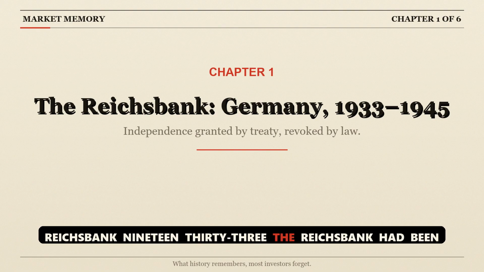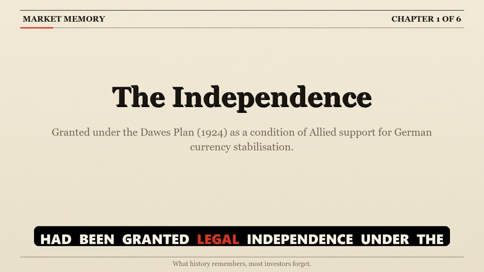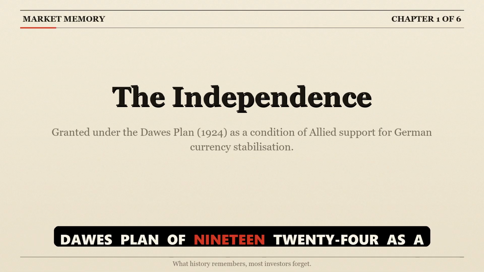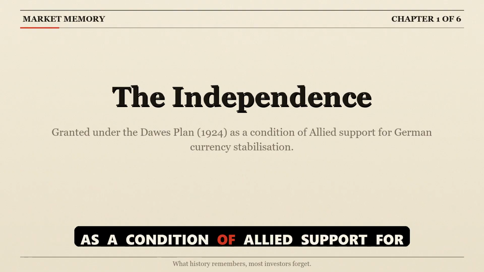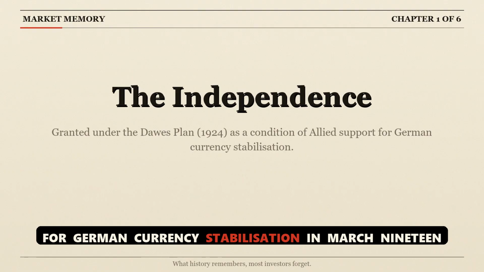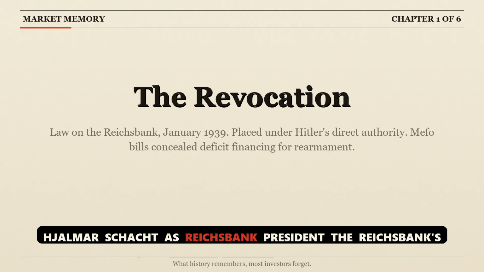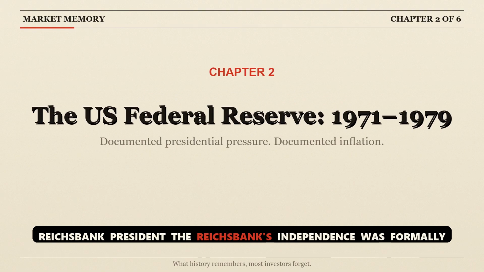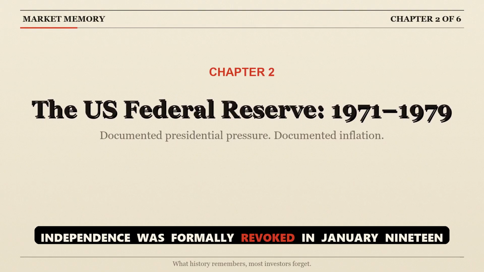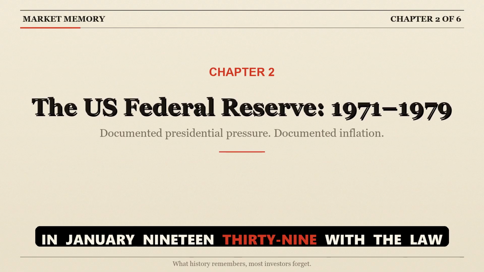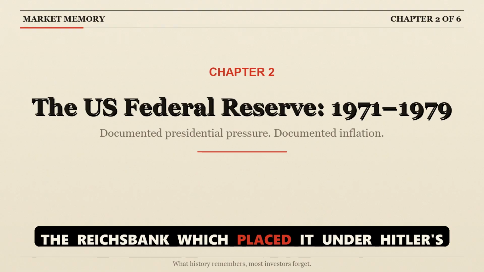1933. The Reichsbank had been granted legal independence under the Dawes Plan of 1924, as a condition of Allied support for German currency stabilization. In March 1933, Adolf Hitler appointed Hjalmar Schacht as Reichsbank president. The Reichsbank's independence was formally revoked in January 1939 with the law on the Reichsbank, which placed it under Hitler's